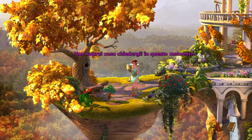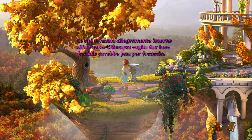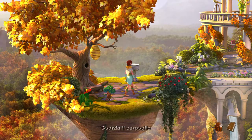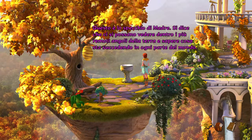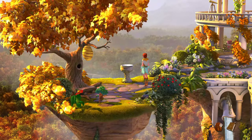I don't know what I could ask him right now. The bees are buzzing around the hive quite merrily. This is Mother's mirror. It's said that you can see into the furthest corners of the land and know what's happening at the...